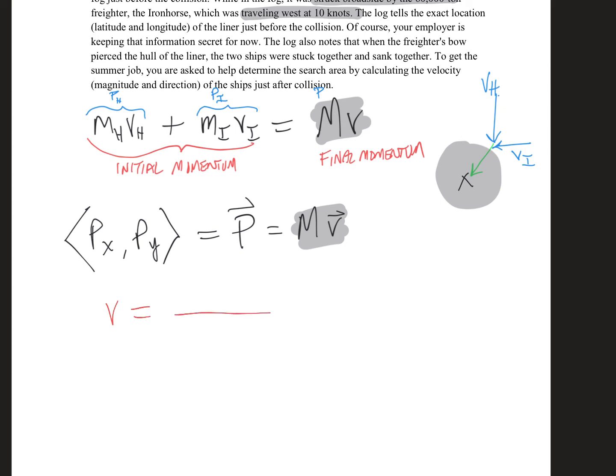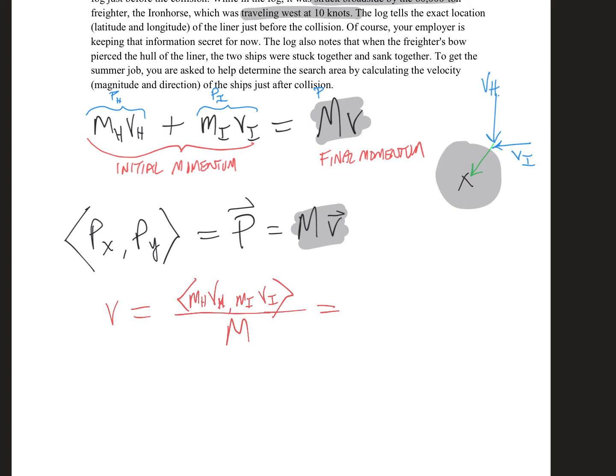V is going to be vx, mi, vi, or I could just say mh there, m over their total mass. So the combined momentum, or the two momentums coming together per the total mass that comes out of the end of that,